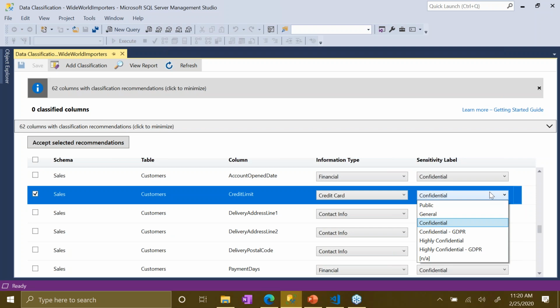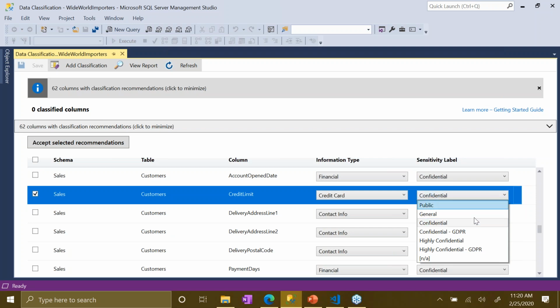So all your columns can be classified. This could take you a little while to work through, as we all know that some tables have a lot of data in them. We also have the reference to GDPR, sorry, I keep saying those letters backwards. GDPR, that we actually have, you can say, hey, this is specifically something I'm tracking in a GDPR situation. We can also mark it highly confidential or make the changes we want to.